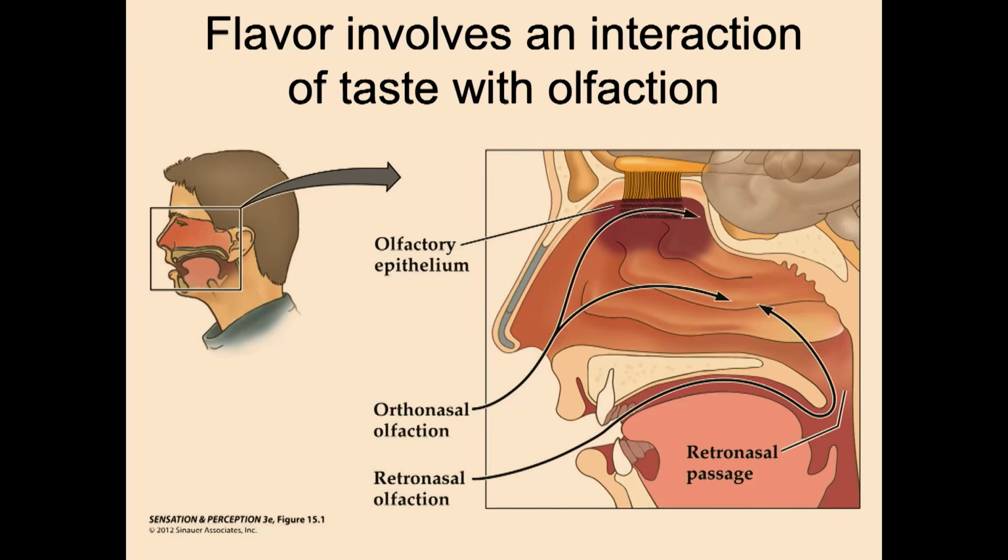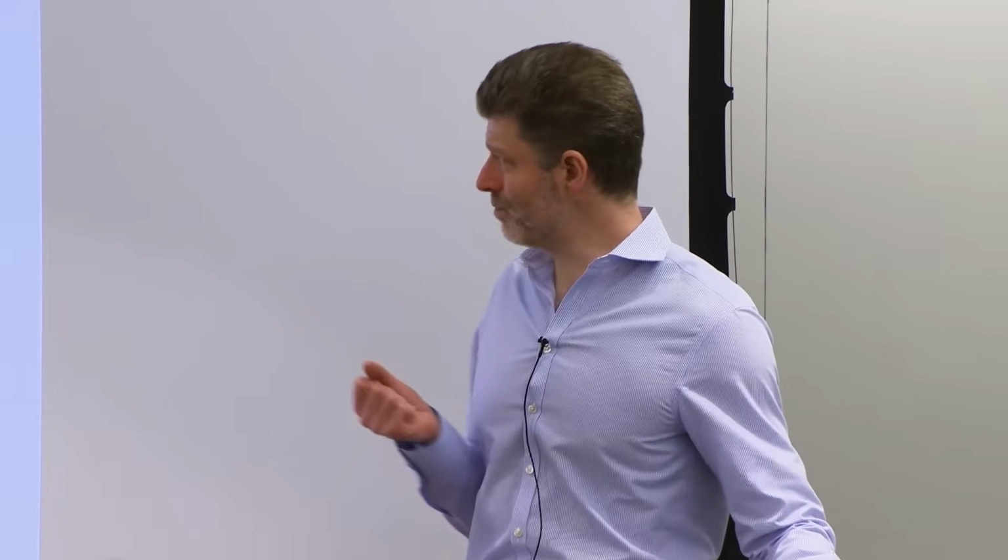Okay, so the other thing that's really cool about the sense of smell is its role in flavor. Anytime you eat something, the molecules in the food stimulate the taste receptors. But really, you've got maybe 4 or 5 types of taste receptors, so 4 or 5 dimensions of the response of the tongue, more or less.